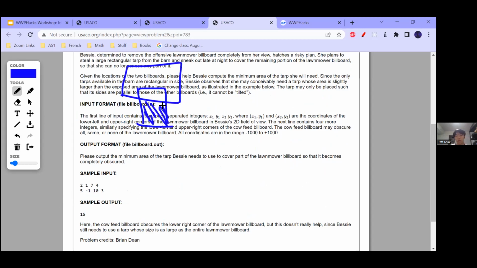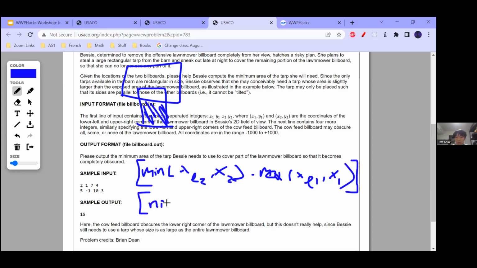You just need to find this area. To do that, you take the minimum of xl2 and x2, minus the maximum of xl1 and x1, times the minimum of yl2 and y2, minus the maximum of yl1 and y1.